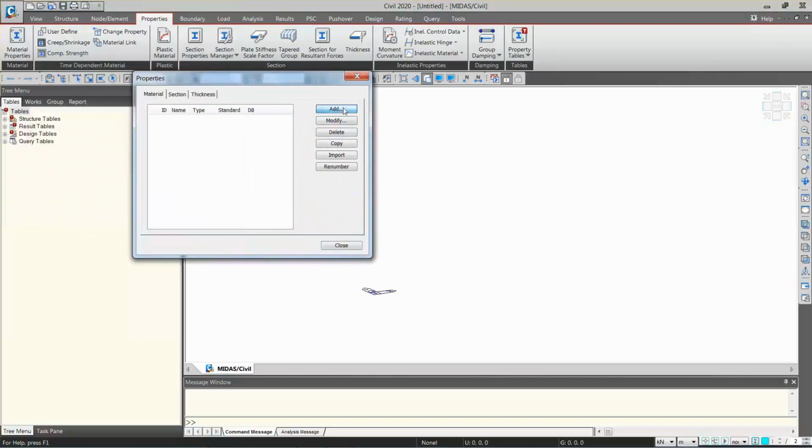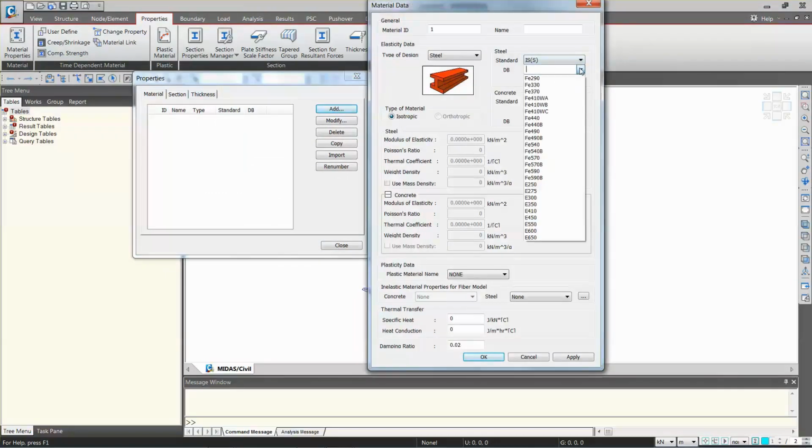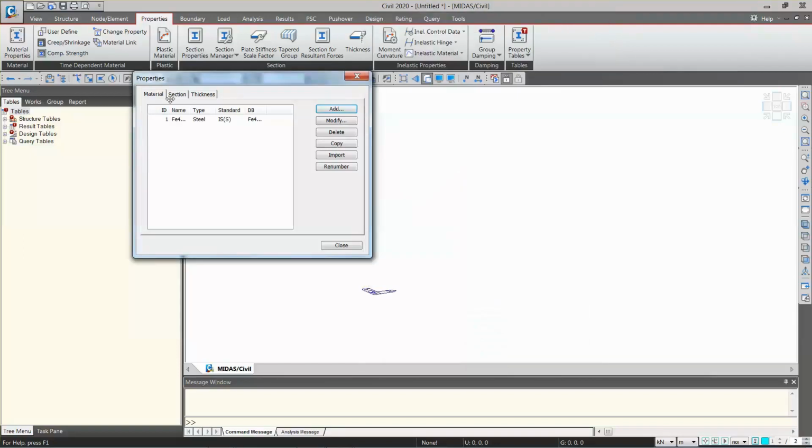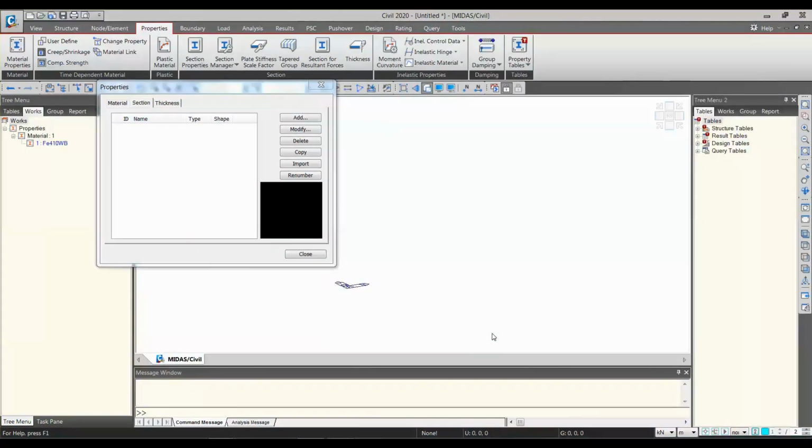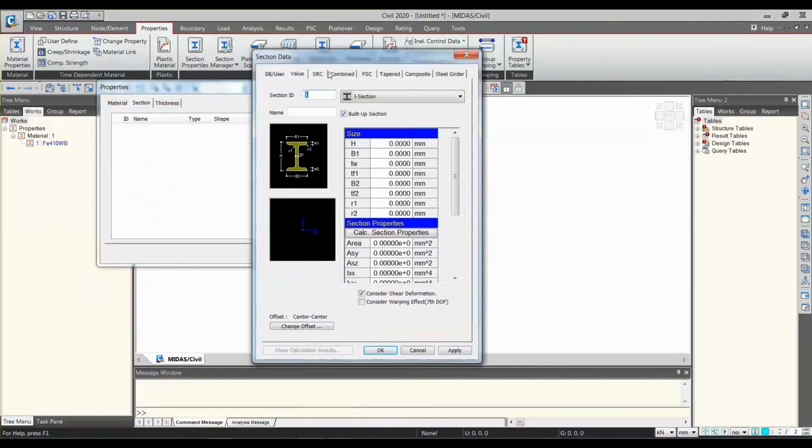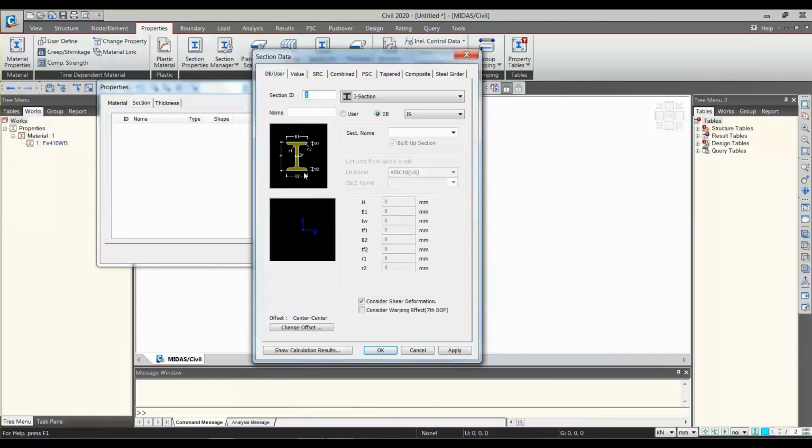I'll click on add, and I will select FE410WB as I have shown you from the material properties. Then I will use the section. Before adding the sections, let's change the units first, because right now we are in meters.